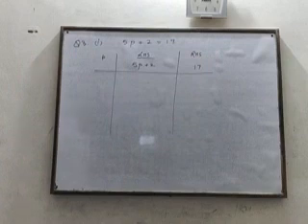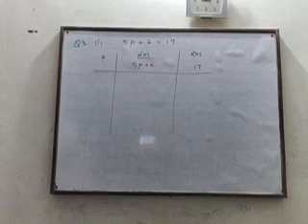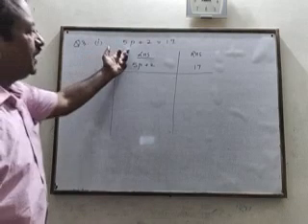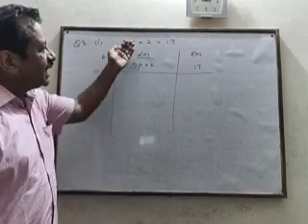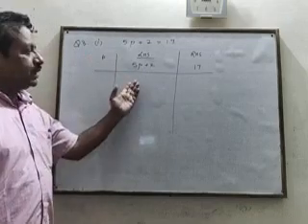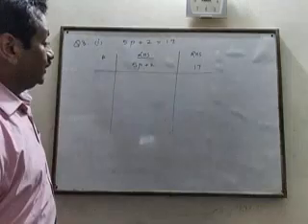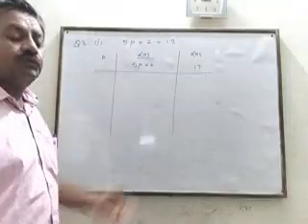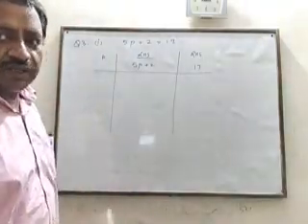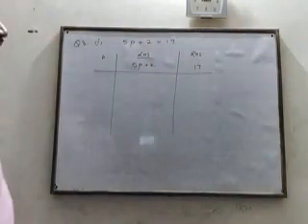So by the hit and trial method, by the trial and error method, we will put any value of p and start solving the left hand side. If it becomes equal to the right hand side, then the solution will come automatically. Otherwise, we will again try. That is why its name is the trial and error method.